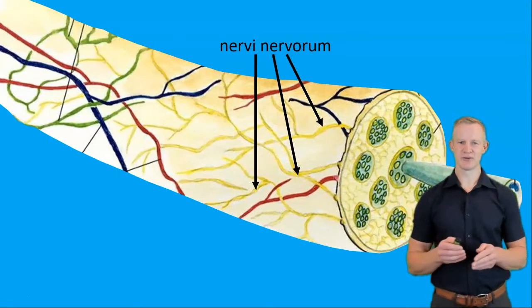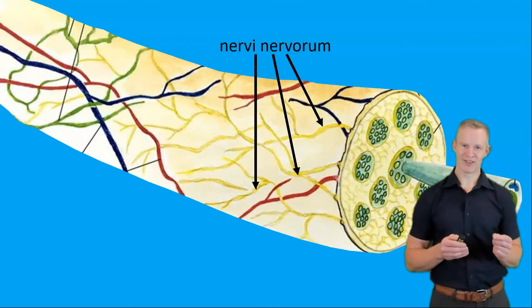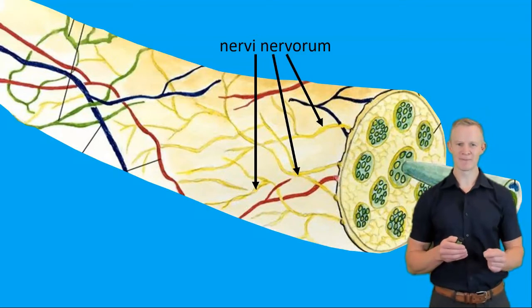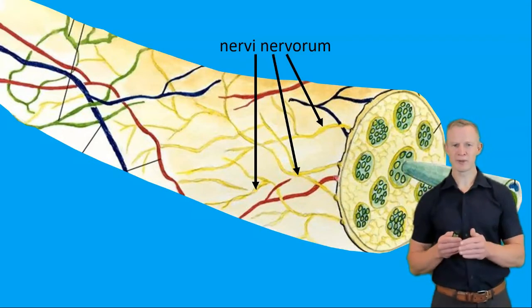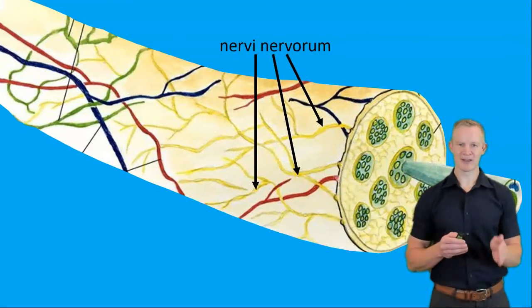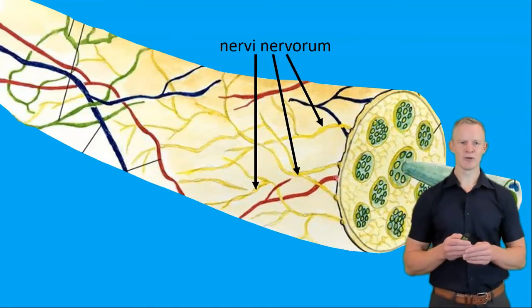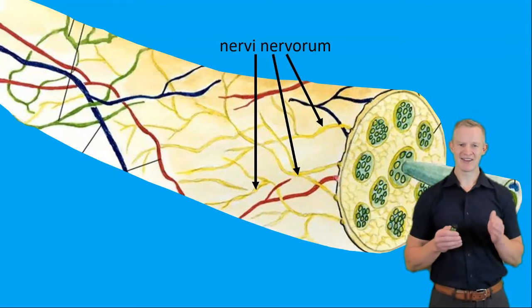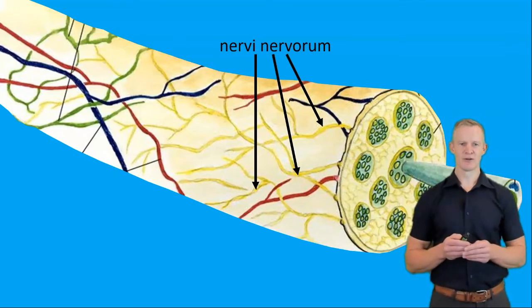Surrounding larger nerves are smaller nerves. That is, the nerves themselves have a nerve supply. Unlike the brain, nerves themselves can feel pain. Not just cause pain, as with a radiculopathy, but nerves can feel pain themselves. These small nerves are called nervi nervorum, and irritation of these nerves can cause not a radicular pain, but a